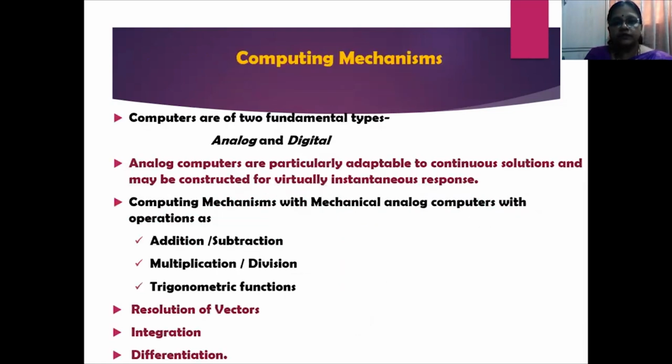Now, trying to understand the computing mechanism. Firstly, we'll identify the types of computers in general. They are analog and digital. Analog computers are particularly adaptable to continuous solutions and may be constructed for virtually instantaneous response. Computing mechanisms with these analog computers involve some operations such as addition, subtraction, multiplication, division, trigonometric functions, resolution of vectors,